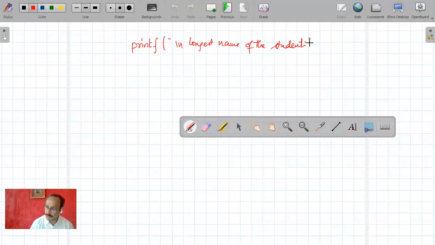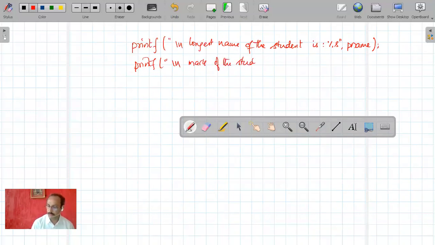So I need to give a percentage s, name of the student is, I need to give a percentage and pname, and I want to print marks of the student whose name is longest.